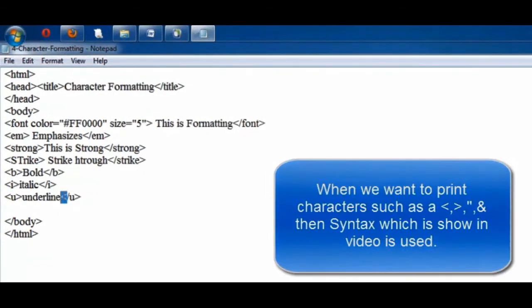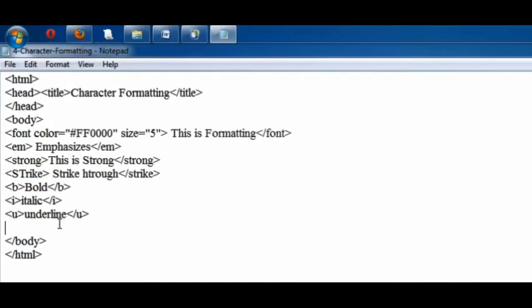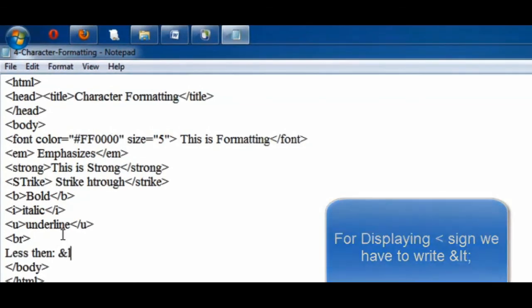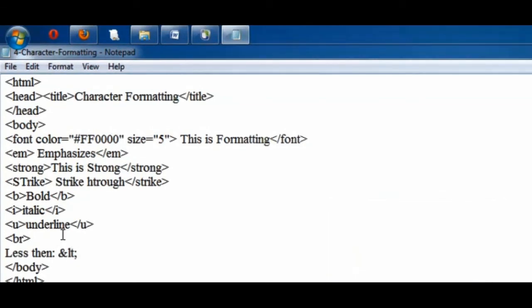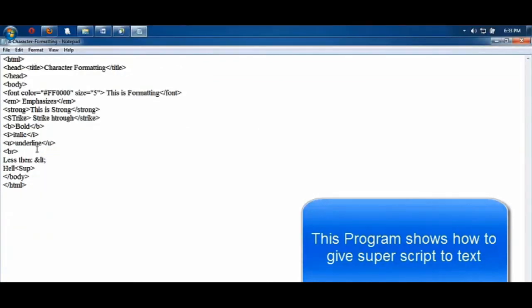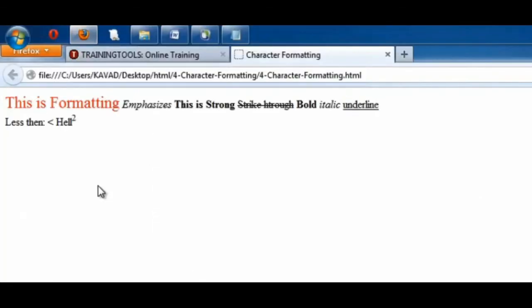Now we also have some syntax, like if you want to put less than and greater than equal to signs, like these signs. For that also we have some code. If you want to show this type of sign, that is less than, you will put ampersand, L, T and semicolon. Suppose now you want to put some space. Now see, superscript also we have, and subscript also. You have seen the superscript, that is, you will see text above these numbers or whatever you put above the characters.